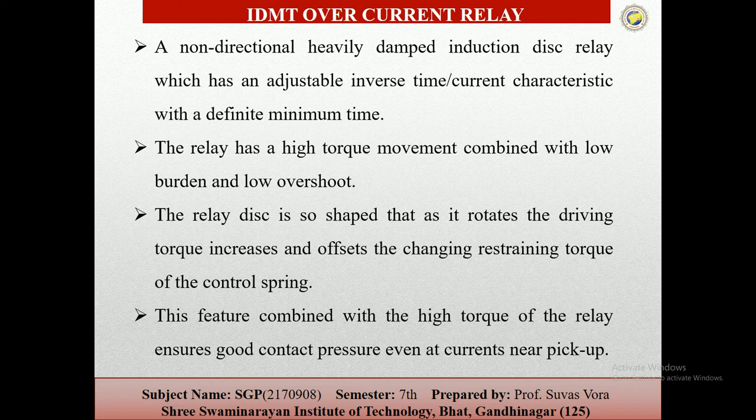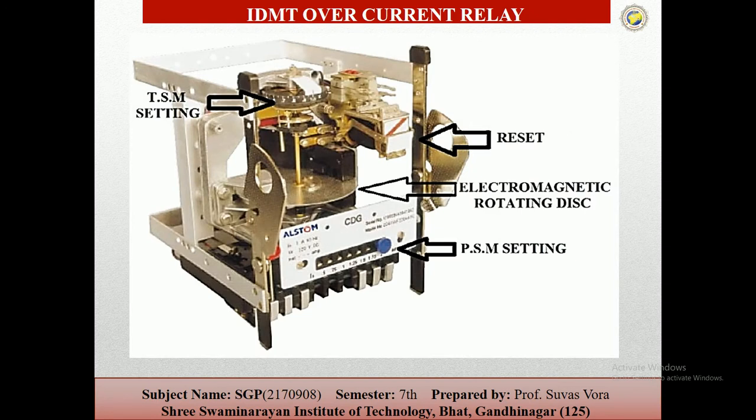Practically, this model of relay may be used in different systems, and as the system requires, the pickup current of the relay is adjusted. This is known as the current setting of the relay. The PSM we saw here is the current setting; the pickup current means the maximum pickup current, and on that basis the current setting relay is used. This is achieved by providing the required number of tappings in the coil, and these taps are brought out to the plug bridge.